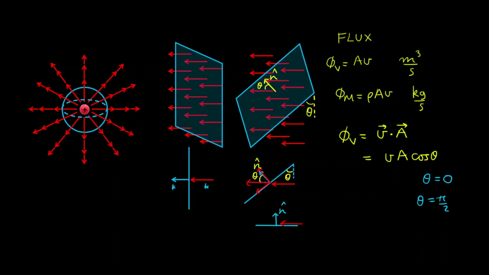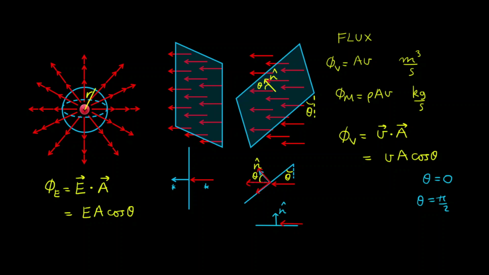Now translating this concept to electric flux, well, electric flux is defined as the dot product between the electric field and the area vector, which again, using the definition of the dot product, is E A cosine theta. Note that the electric field does not flow. For an electrostatic charge, the electric field looks something like this, and it's static. But basically the electric flux is the amount of electric field that's going through the surface at some distance r